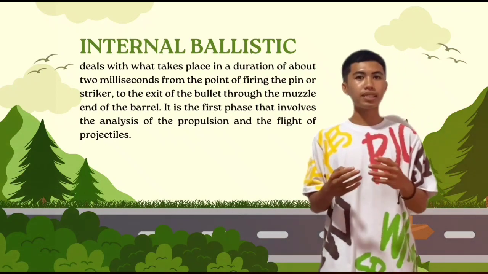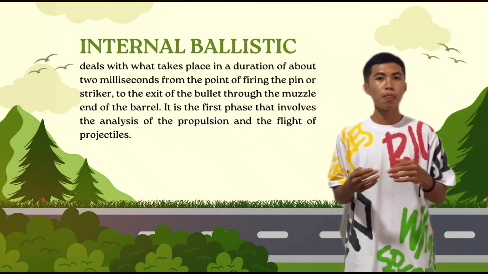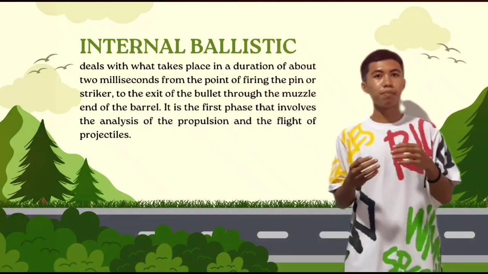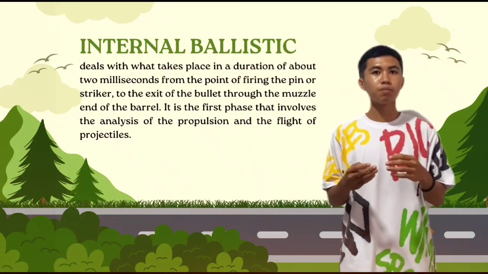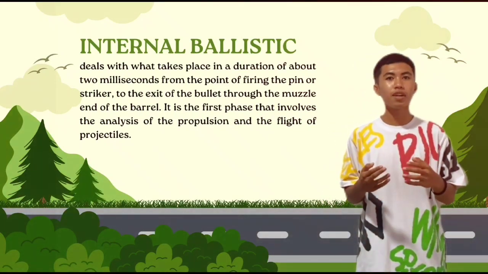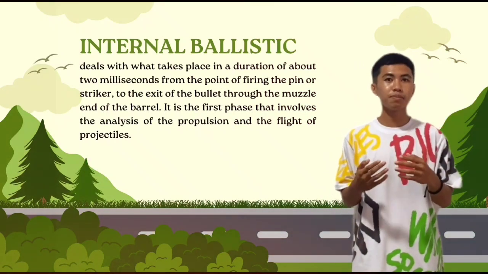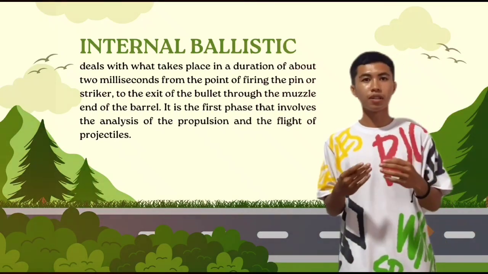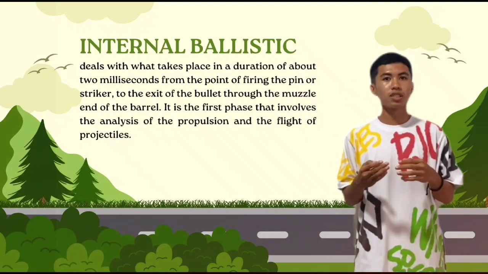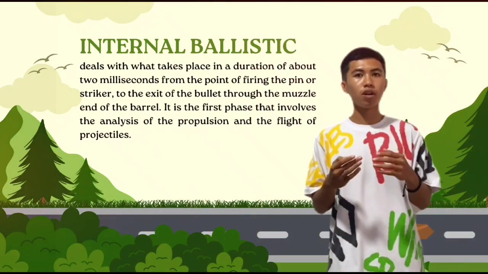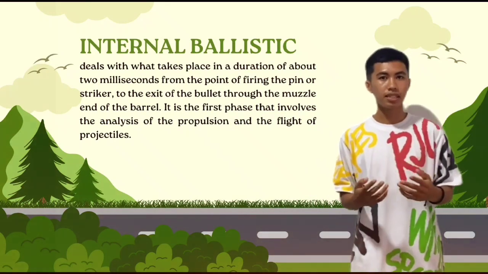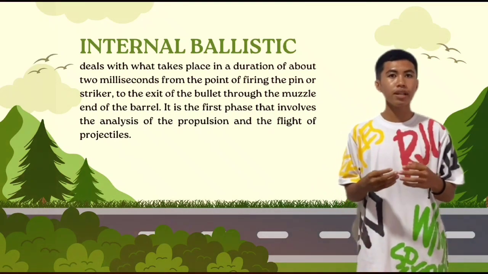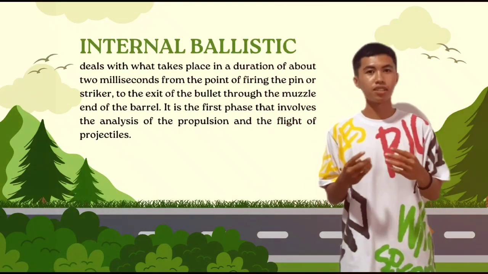It is the first phase, which involves the analysis of the propulsion of the projectile. Considering a bullet fired from a rifle, it has more energy when compared to being fired from a shotgun. This is because the energy of the bullet differs from one source to another. The propulsion of a bullet from a shotgun and a rifle is explained in internal ballistics. Internal ballistics is involved in the study of the bullet when released from the source.